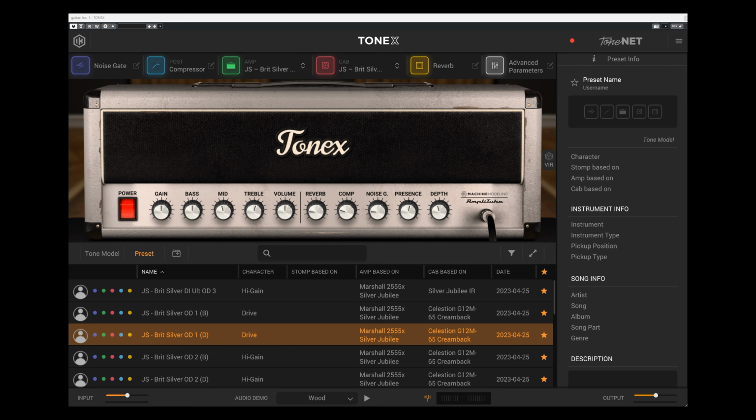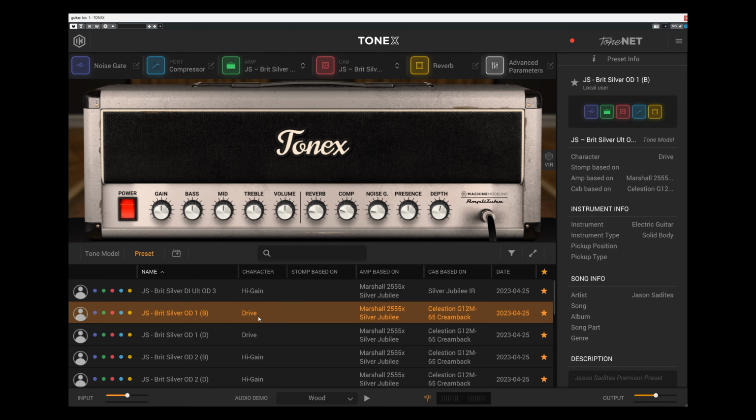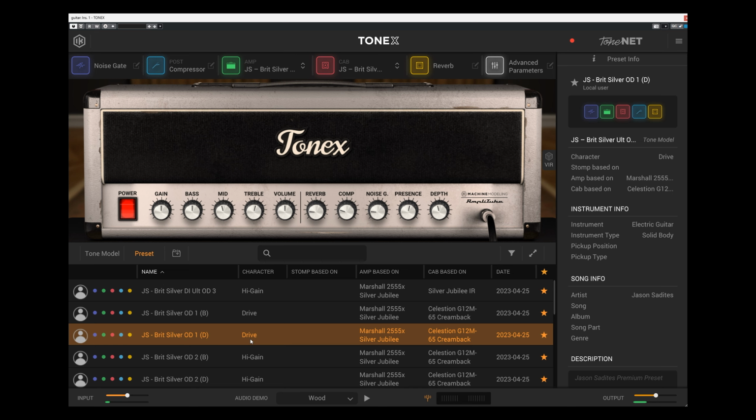So coming back over here to my Brit Silver OD1 Dark, I've made a dark version and a bright version. So here's the bright version of it. Darker version. I really think that the Marshall Silver Jubilee does a beautiful, dark, smooth tone, and I wanted to capture different feels of that amplifier. Now, you'll notice I've made subtle little tweaks to it after the fact, but if I just come in here and move everything back to where it was by default,